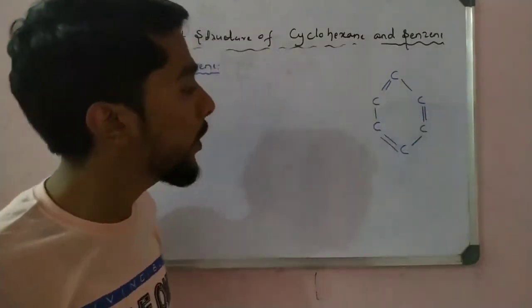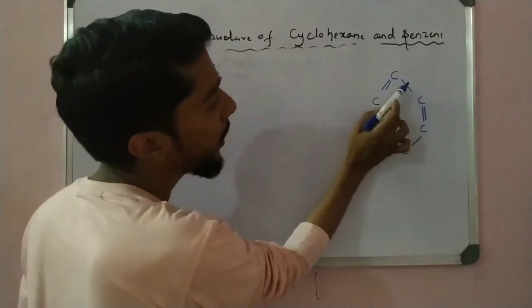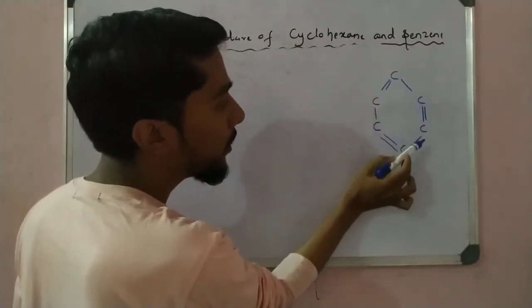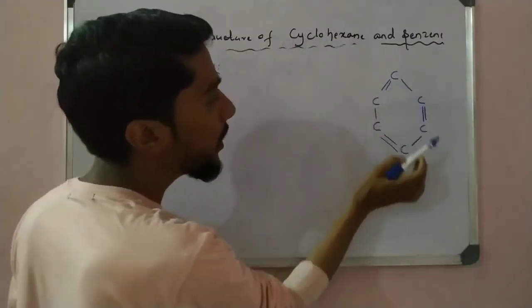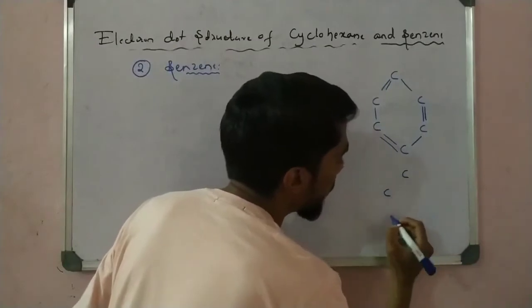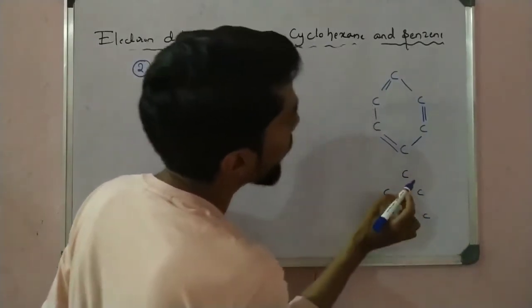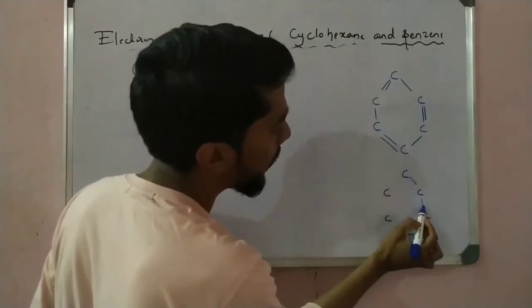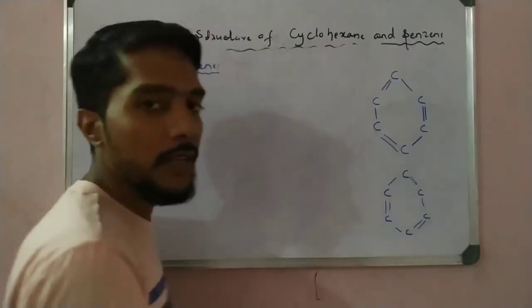If you take here a single, double bond and then a single bond, that is also possible. So I can take first a single bond and then a double bond. First single, double, single, double, single, double, or it may also be double, single, double, single. This is also possible. So carbon 1, 2, 3, 4, 5 and 6. You take first a double bond, single bond, double bond, single bond, double bond, single, like that. There is no change.